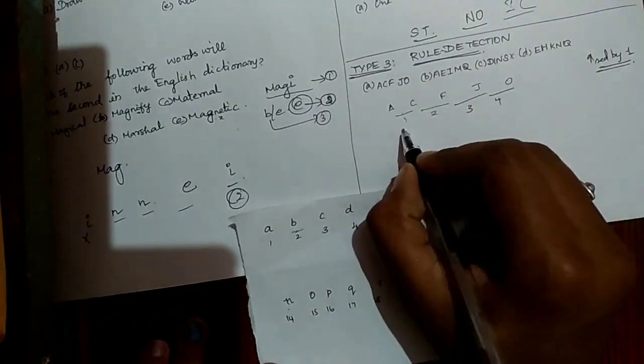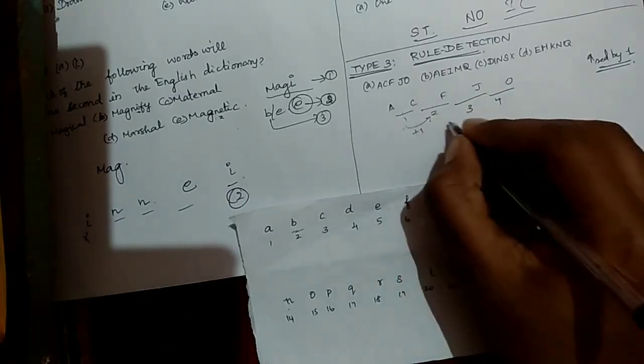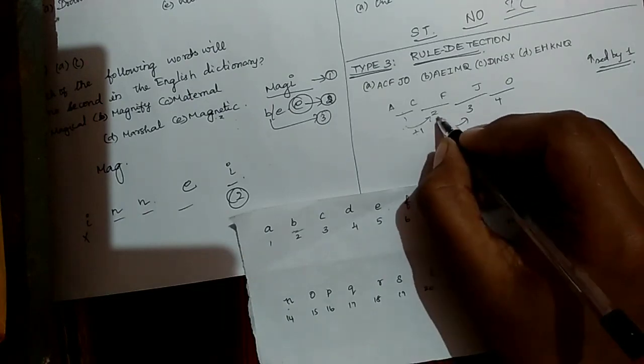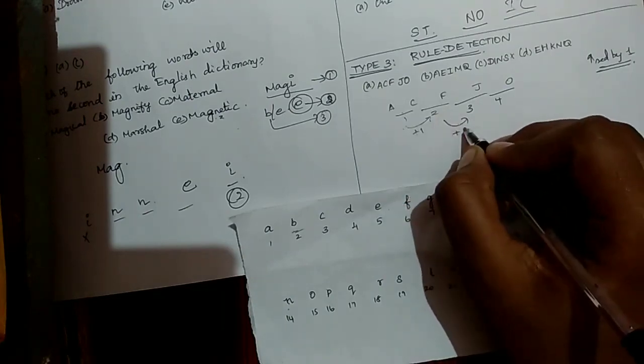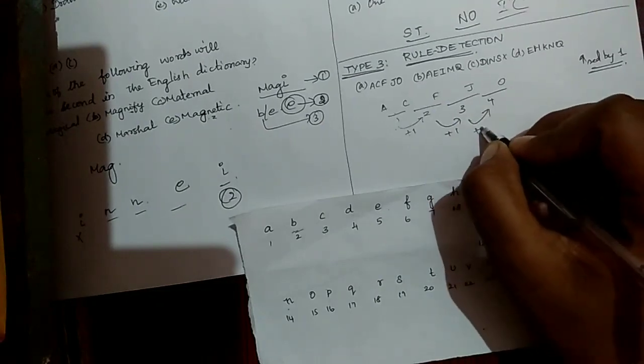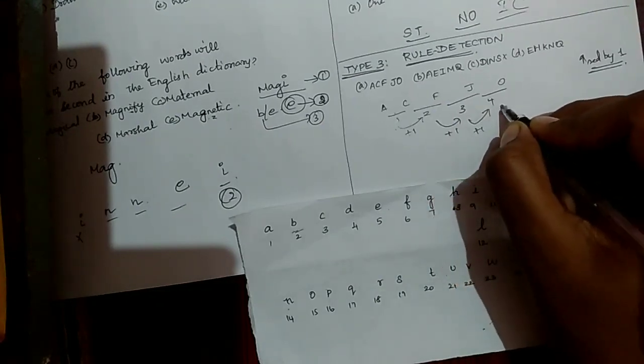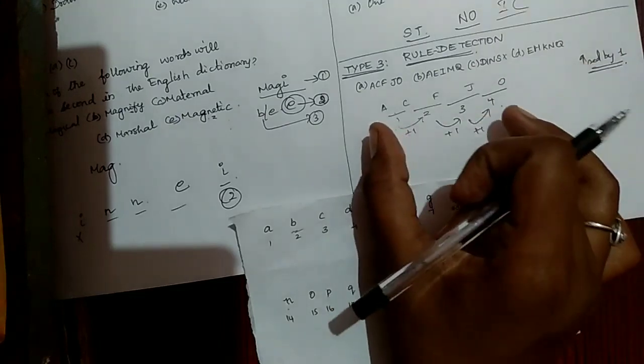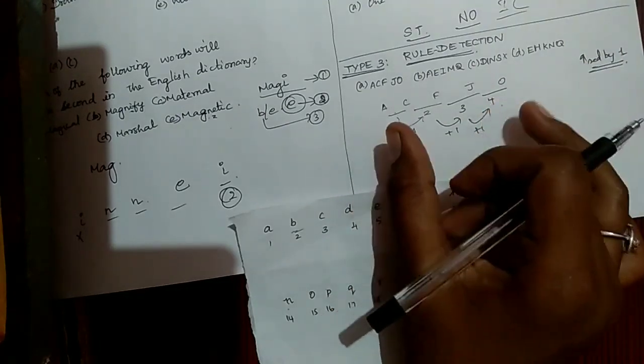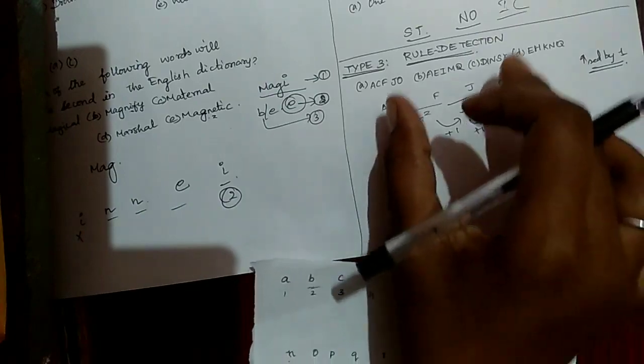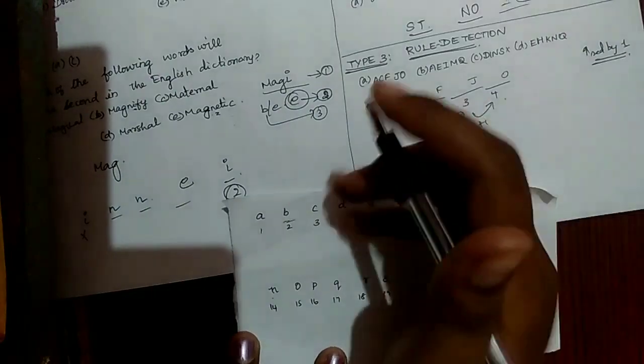Here the difference is 1, then with plus 1 the difference is 2, and when we add plus 1 to the 2 we get 3. And when we add 1 to the 3, this will be 4. So this is the order. We got the answer, but even though we got the answer, we can check options B, C and D for your clarity. Here the answer is option A only. I'm just telling why options B, C and D are not the answer.